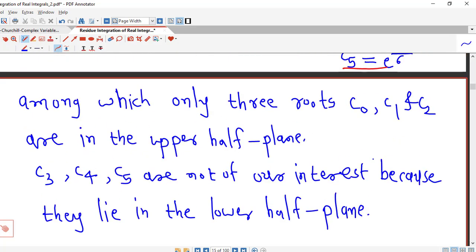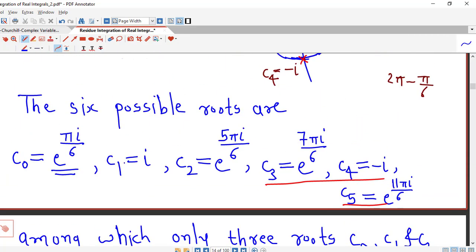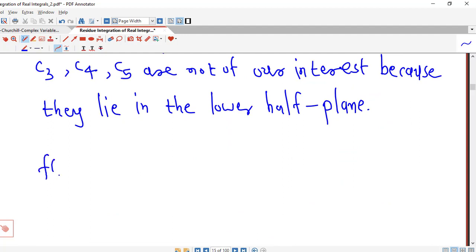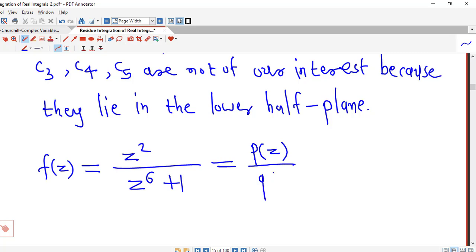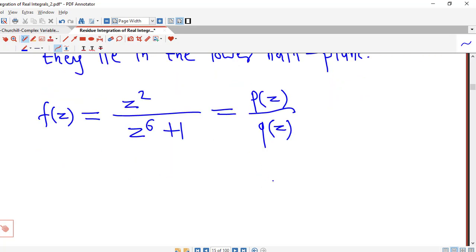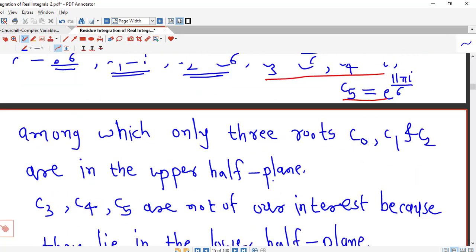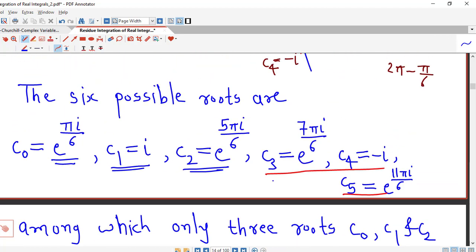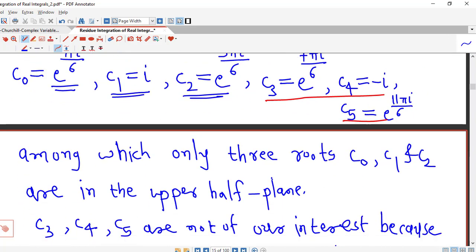So now in the next step, our interest is to calculate the residue of the given function f of z at C0, C1 and C2. Before that, first we observed our function f of z is z square over z raised to 6 plus 1, and we have denoted this by p(z) over q(z). Now if we denote all these roots by ck, where k is from 0, 1, 2 up to 5, then